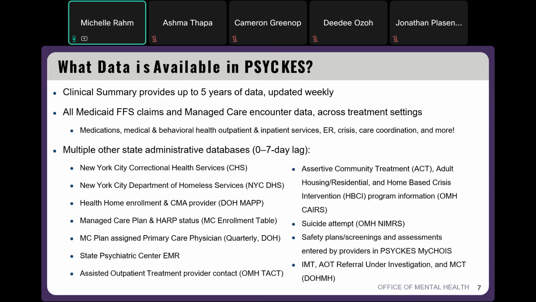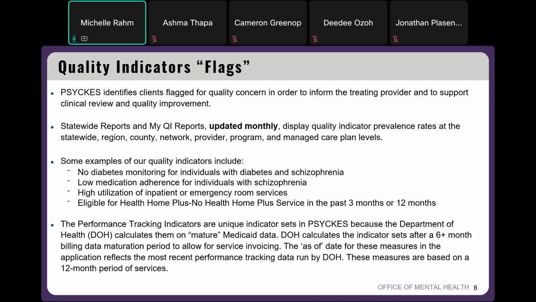So a lot of different data filing into the PSYCKES application. And we include a slide always to show folks that we have what's called quality indicators, otherwise known as quality flags. So PSYCKES really uses these quality indicators to identify clients who have any type of quality concern in order to help inform you as the provider to support that clinical review and decision making and to help support quality